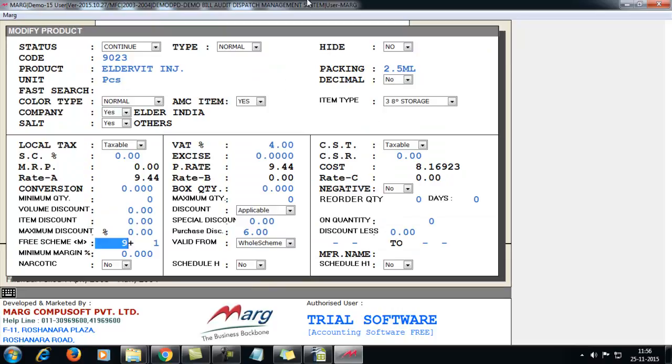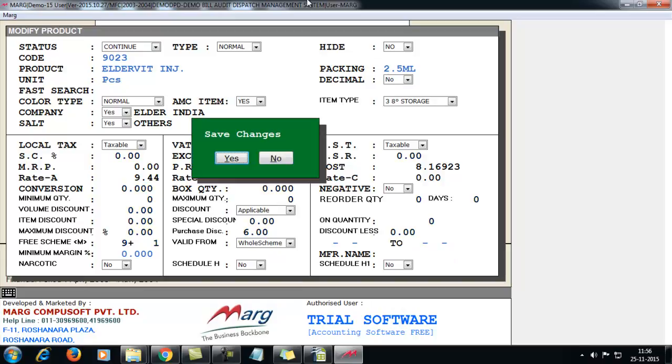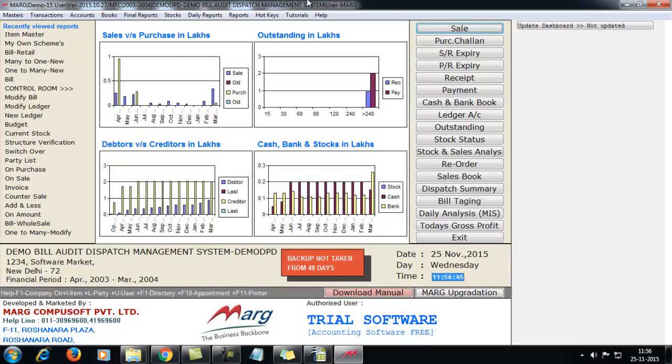and define 9+1 in free scheme. Then accordingly select full scheme, half scheme, 1/3 scheme, whole scheme or no scheme. Now we select whole scheme. Then we'll save this. Now we'll create a sale bill and see,